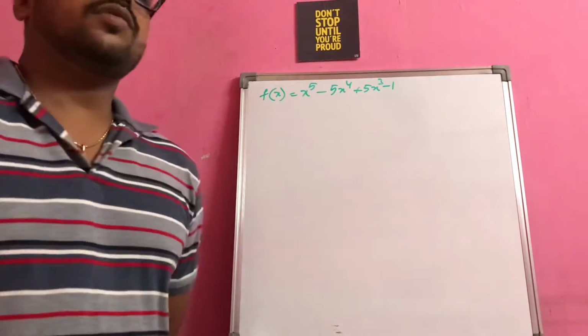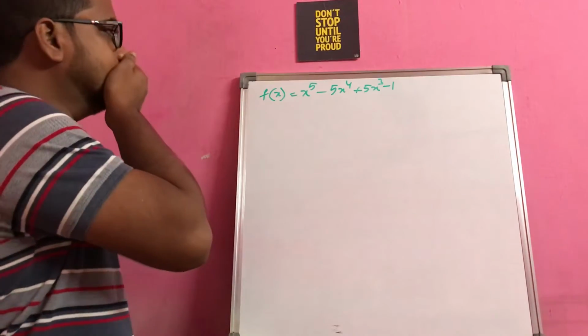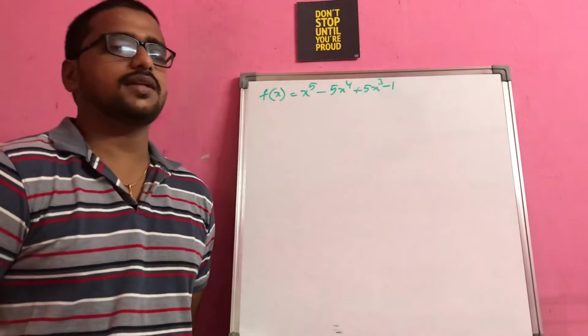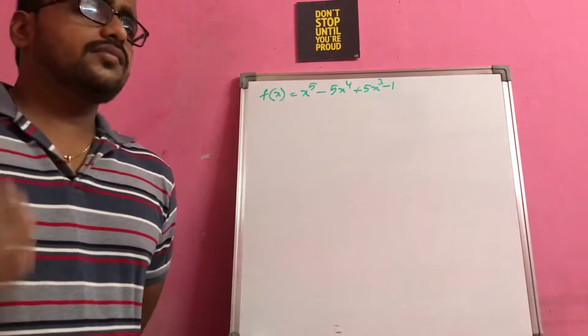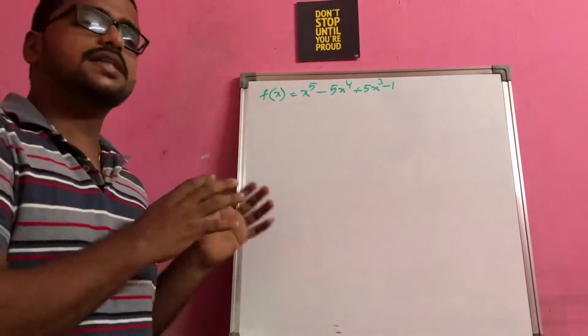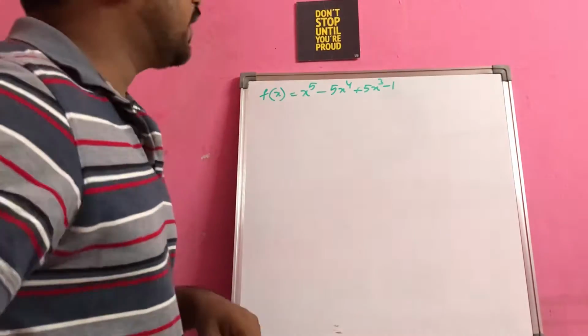So usually what we will do is find f dash of x, equate f dash of x to 0, and then find the f double dash of x, like that, right? Now we are going to follow almost the same procedure, but in between we are just including the concept of increasing and decreasing. Okay, so let us see that.